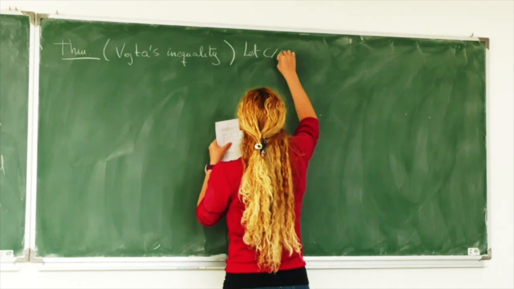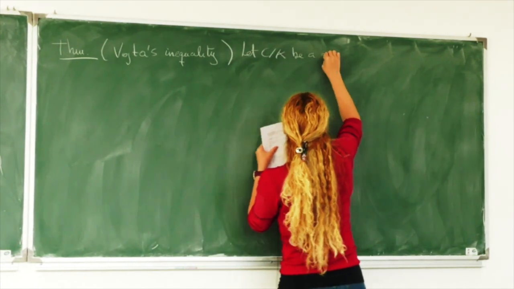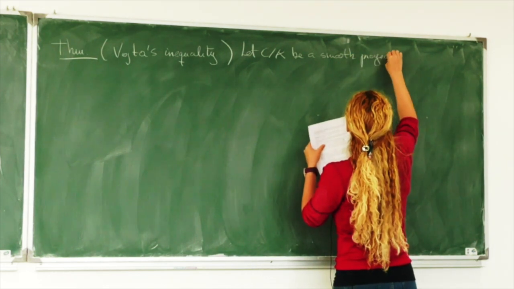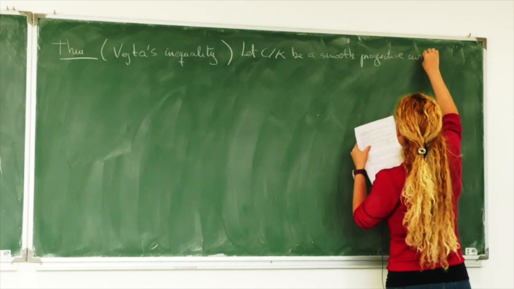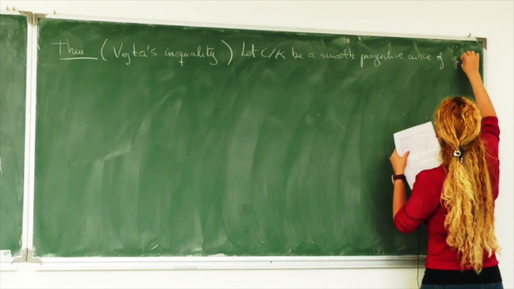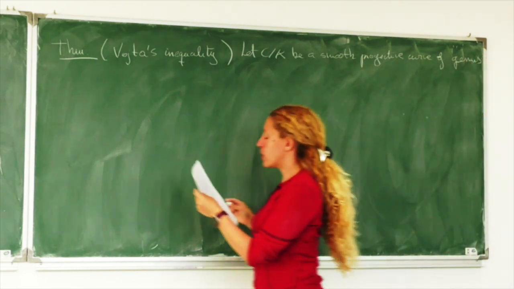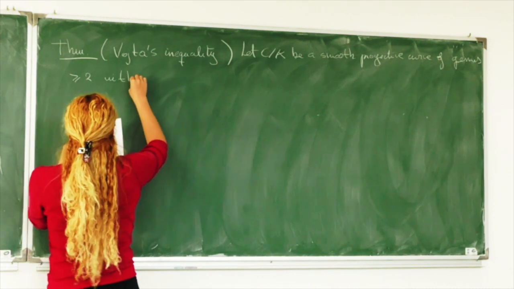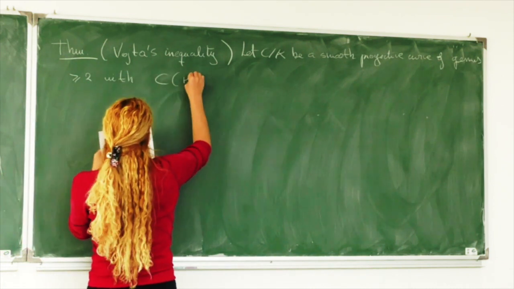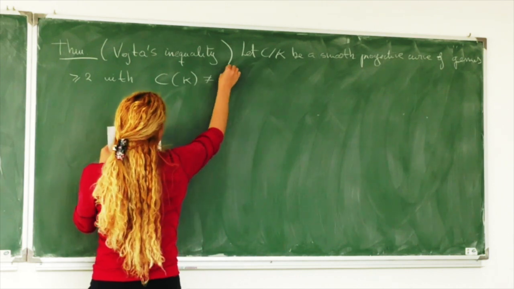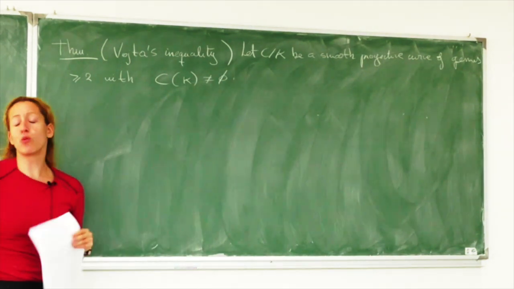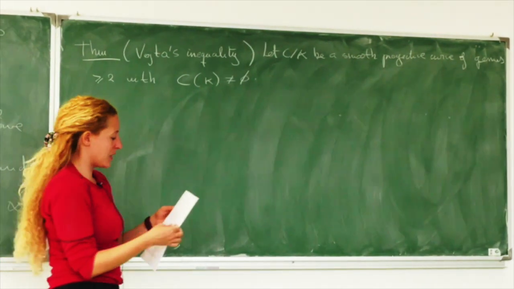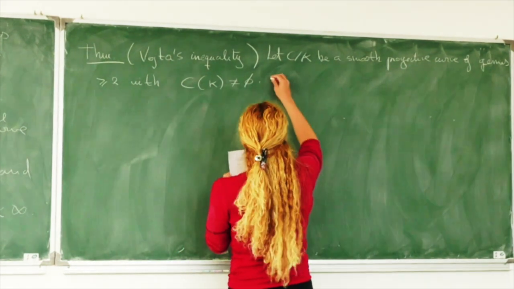Let C over K be a smooth projective curve of genus greater or equal than 2, with the set of rational points not empty. Right? So if we want to prove that it's finite, if it is empty, we are done. So let's assume that it is not empty. Okay. So in this situation,